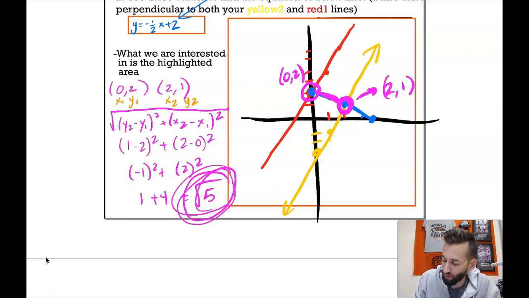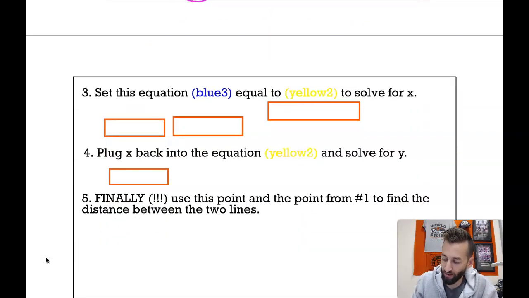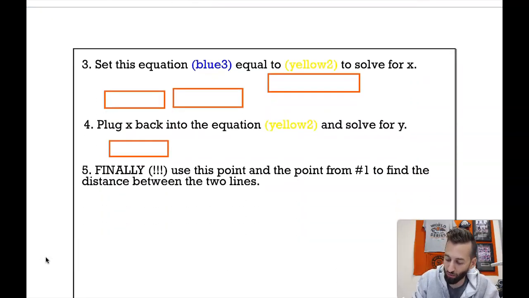Okay, however, finding that point, like we found here, is not always that easy. So the remaining steps are actually designed to help you find these things. Okay, so let me walk through that. Here's the other steps. What you're going to do is take your blue equation,